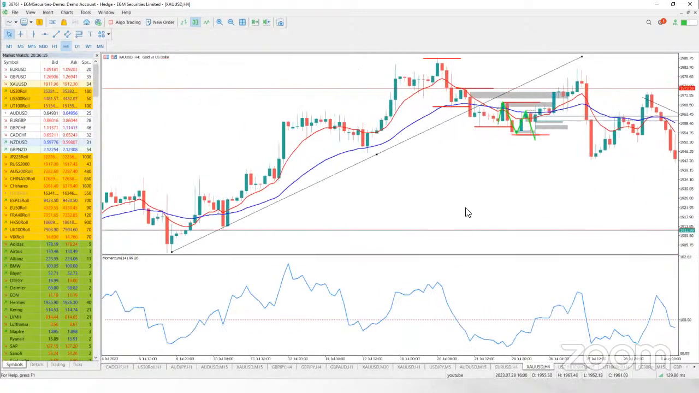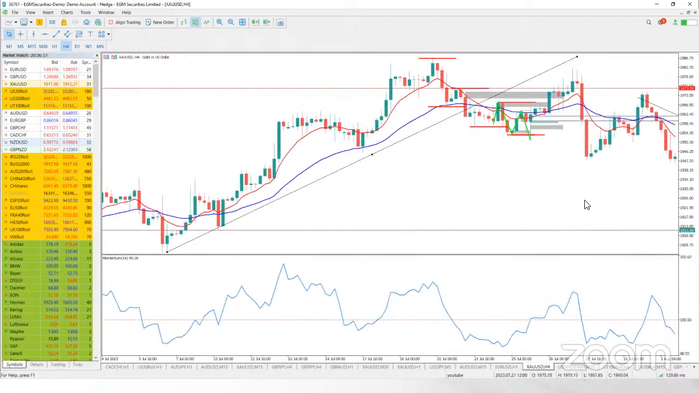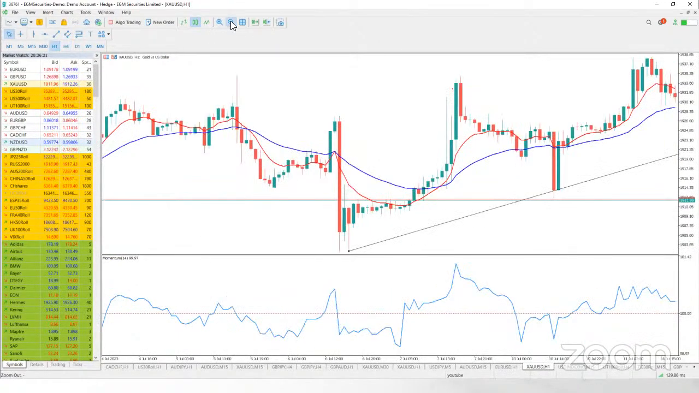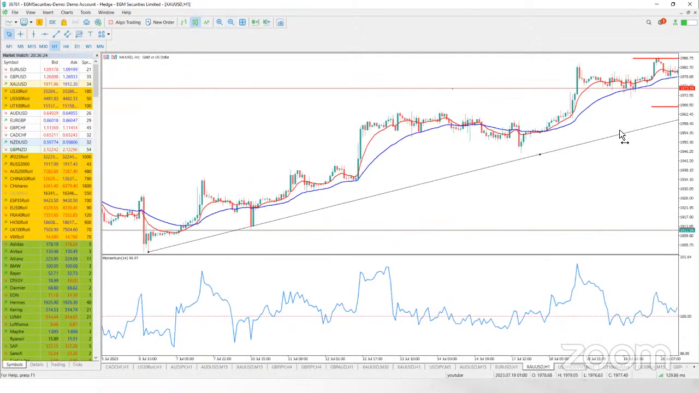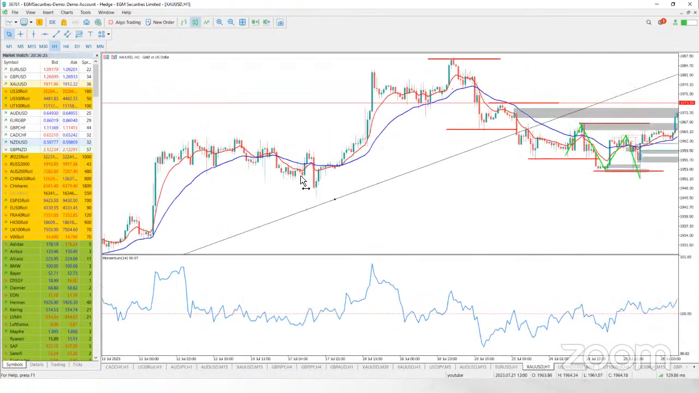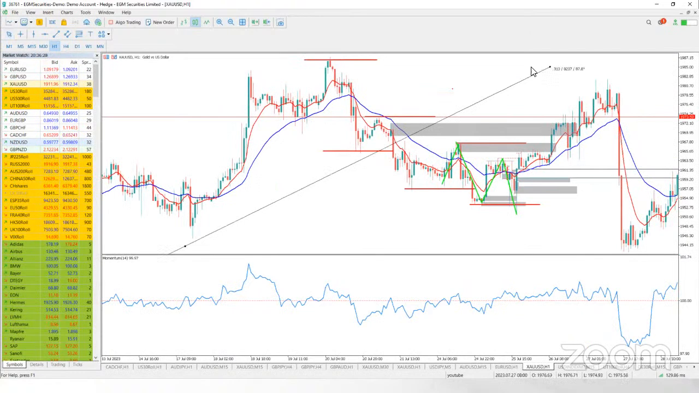But this one happened on 4 hours. On 1 hour, would you have gotten the same? Yes. Still, we have it here. Very clear move. Entry to the downside. So what traders need to be also careful about is